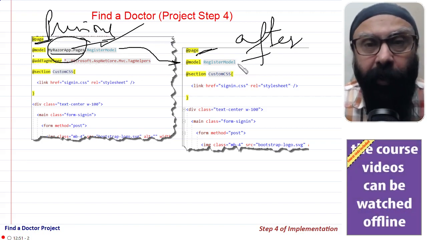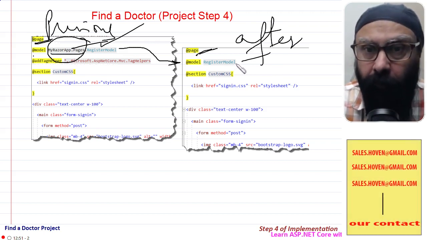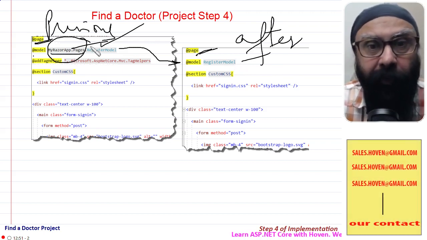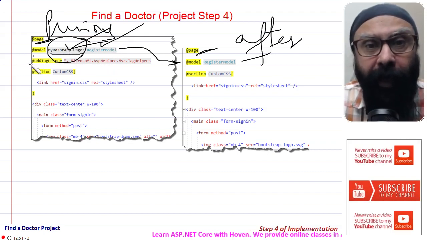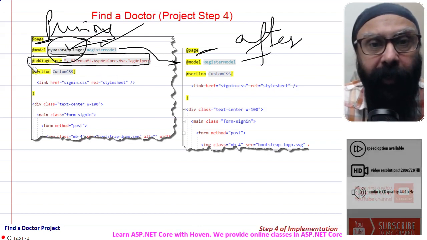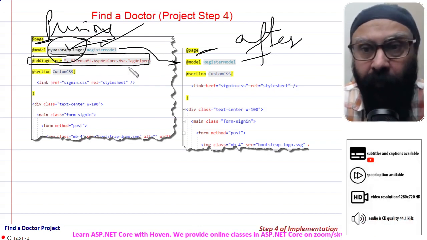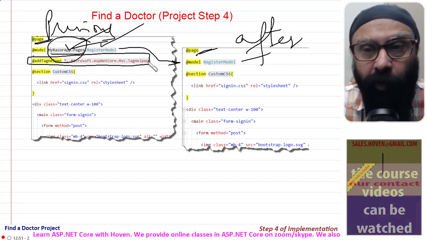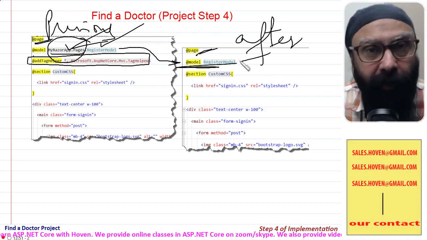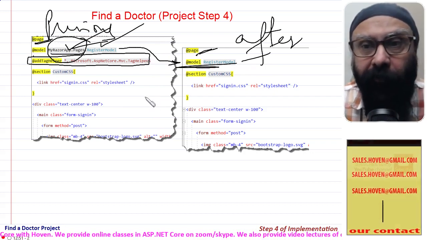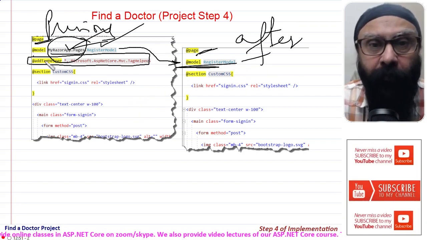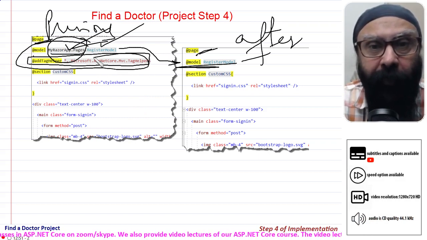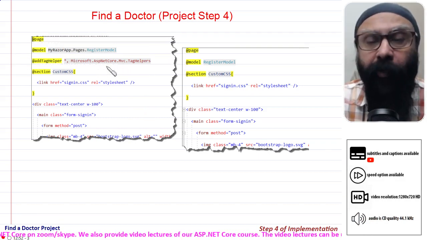Not only in this, but all the other files that I'll be adding to my project and which depend on the same namespace. So that will help us. Then this add tag helper directive is required on almost every page, so this can be added to that common place and will not be required here. So these are the things that we are going to modify. We are going to add a view imports file so that at least these shortenings can be done at the moment. So let's have a look at the project.